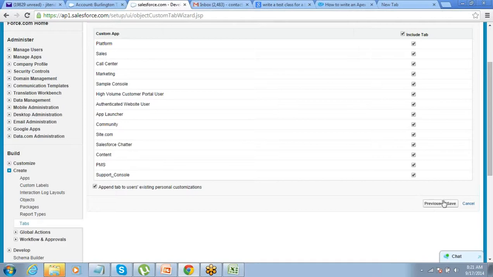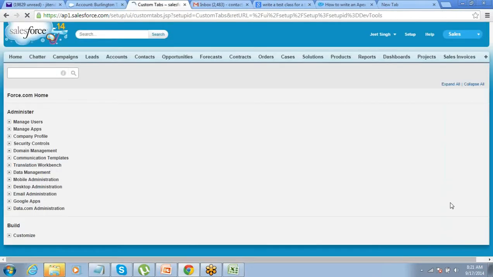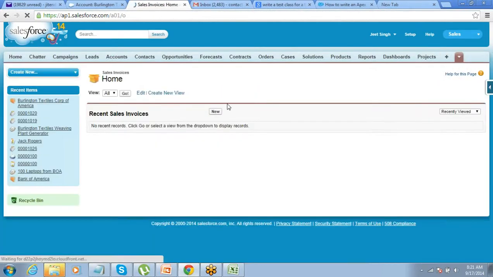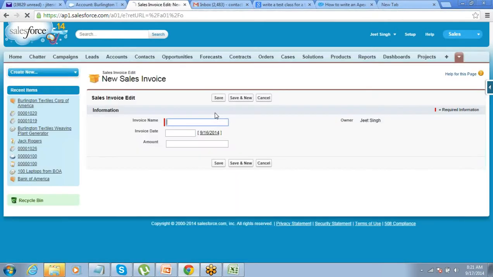Step number 3, the same for both of them. Click on next and save it. Now this tab has got included in here, sales invoice tab. Because of shortage of space, they have put it here. That's fine. So you can just click on the sales invoice tab, and then you can start entering data into it. So you start accessing this.